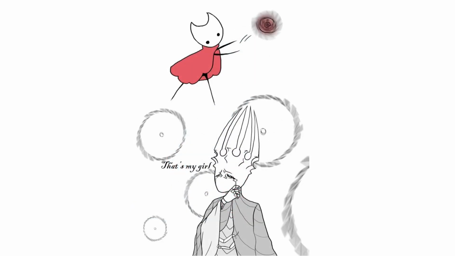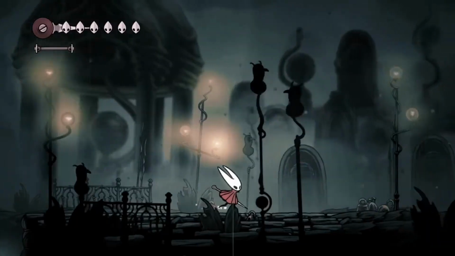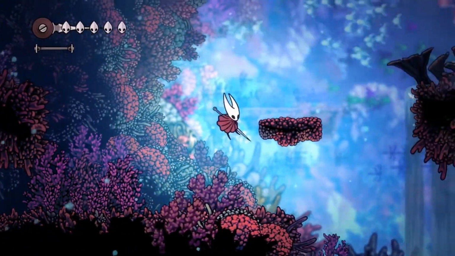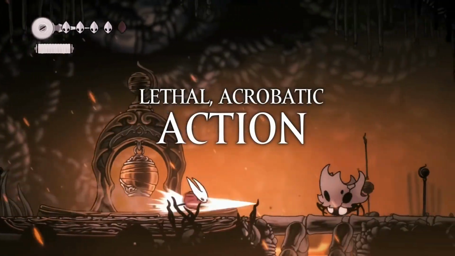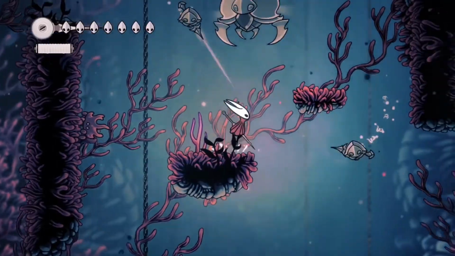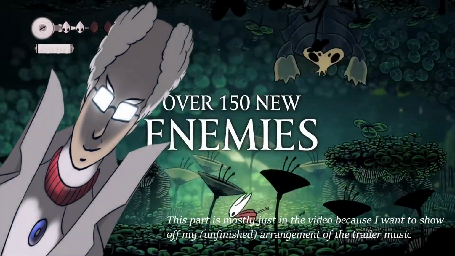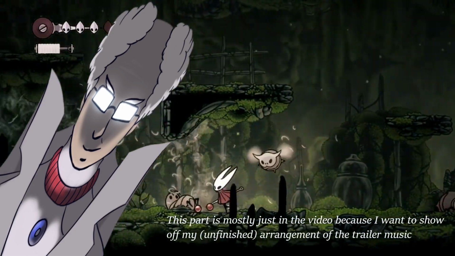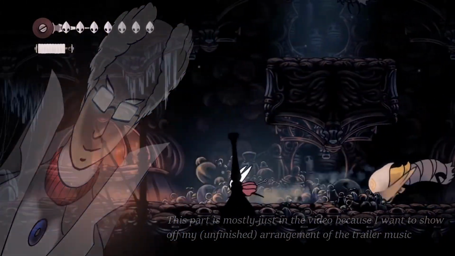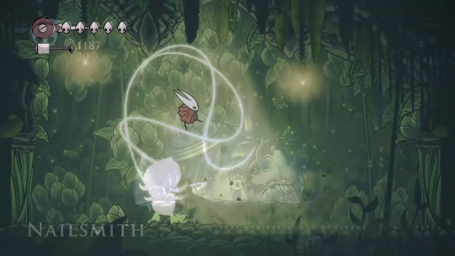Speaking of Hornet, I'd like to take a moment to talk about Hollow Knight's sister sequel, Silksong. Parts of the Silksong trailer music, as confirmed by Team Cherry, is related to Hornet, the protagonist of the game. I'm wondering if it'll be connected to the main antagonist or not. I tend to think it will, knowing Larkin's use of motifs.